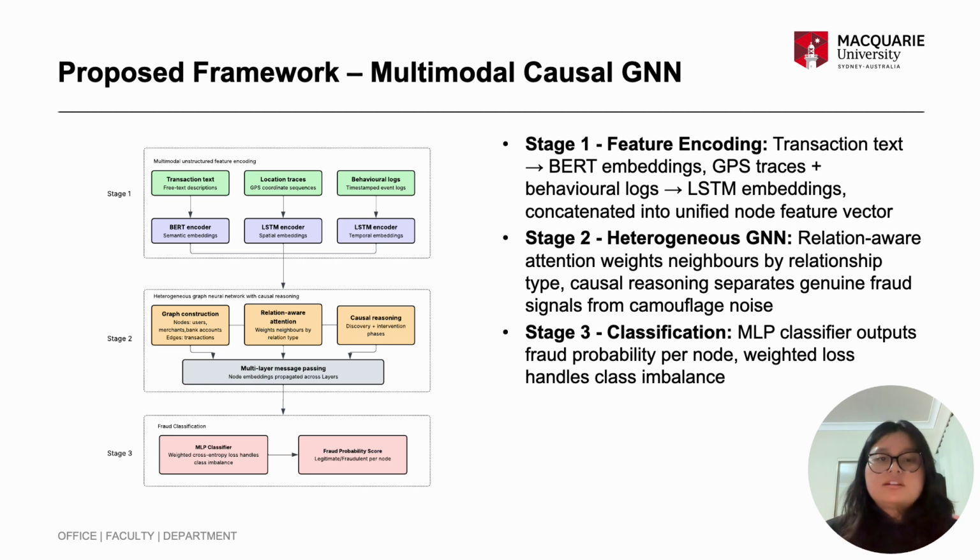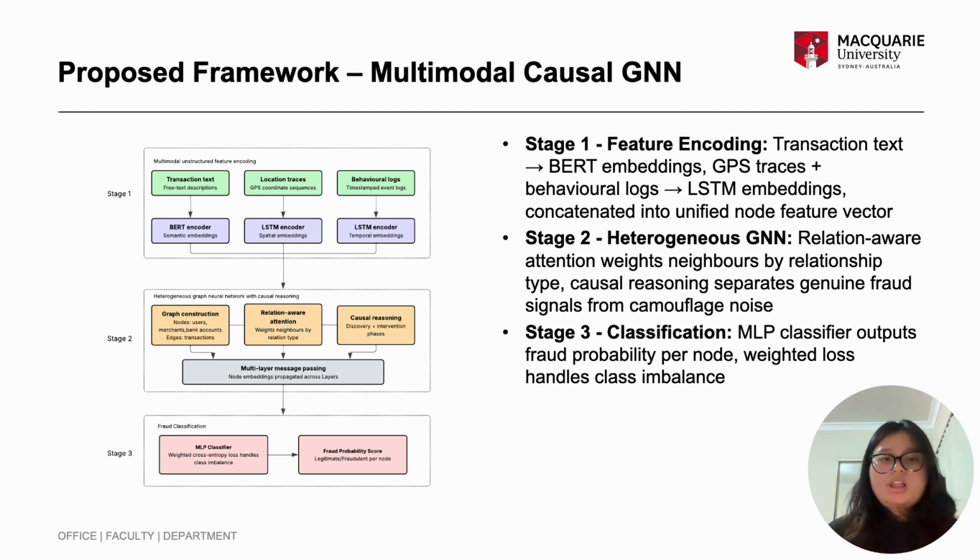For transaction text, I chose BERT specifically because it is a transformer-based model designed to capture contextual relationships in language. Because we train end-to-end, the BERT encoder doesn't just learn general language representations, it also learns text representations that are specifically useful for fraud detection in a graph context, meaning something like an urgent overseas transfer would mean something different than a Netflix